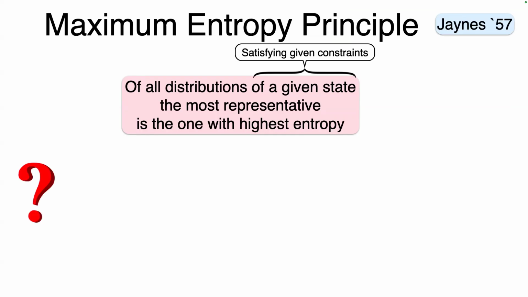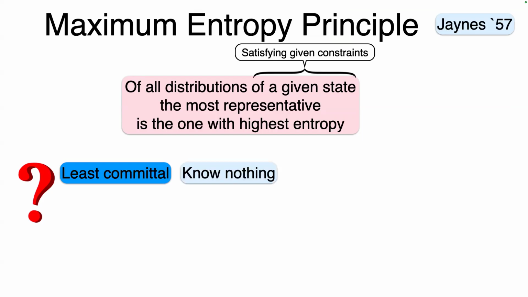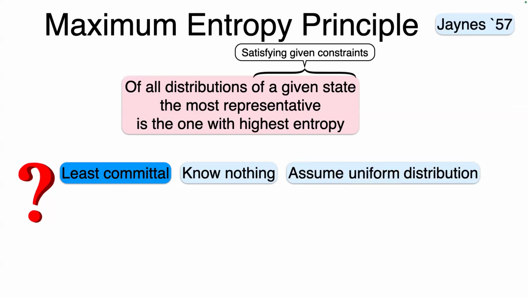If you ask yourself, why would you use the distribution that has the highest entropy? You can see that it's the least committal. For example, suppose I know nothing. I'm trying to estimate the distribution of a coin, or not a coin, let's say a die. There are 6 values. I know nothing. So what would we assume the distribution is? Uniform, right? We'll never assume that the probability of 4 is 1, for example. Without saying, we assume uniform. In other words, we're choosing the distribution with the highest entropy.